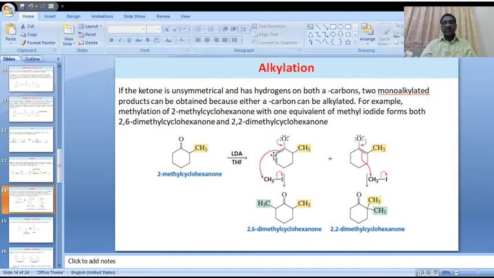This left hand side carbon gets negative and bonds with a methyl. Here there is loss of I minus, iodide. Finally, if the methyl attacks the left hand side alpha carbon, in that case we'll get 2,6-dimethyl